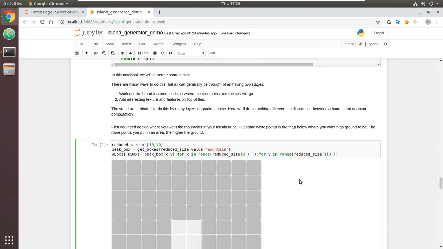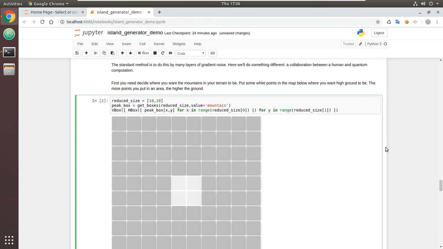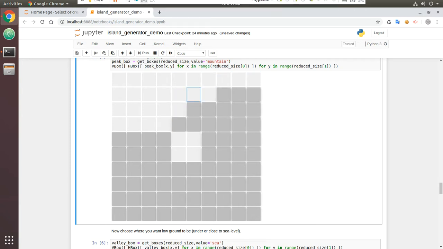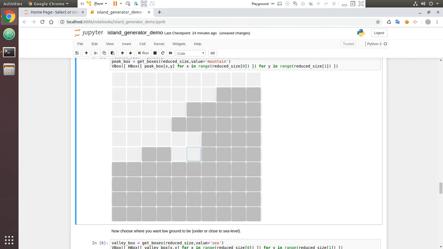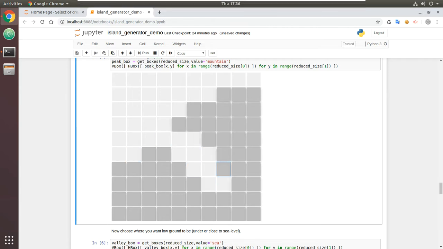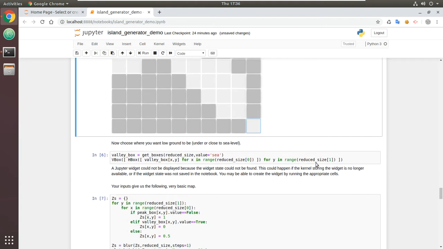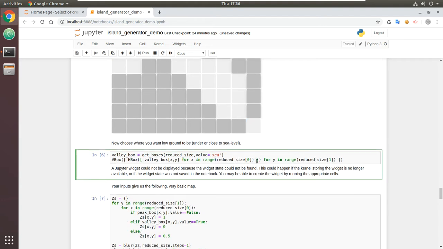exactly. So here you can define where you want the mountains to be, and we'll say that we want the mountains to be in this area of the map. So we'll do like this, and we'll have here sort of something like that, looks like that. Then we want to have